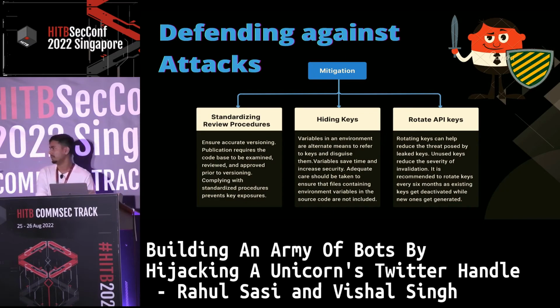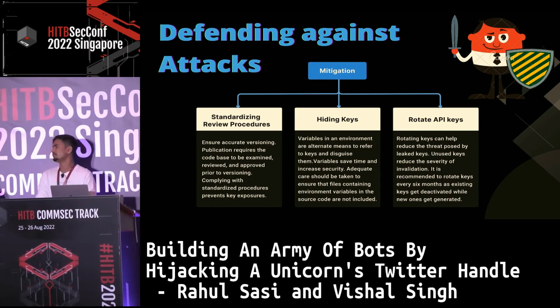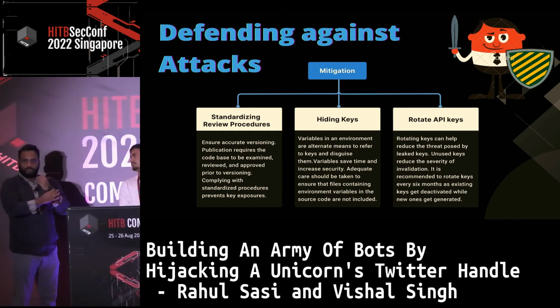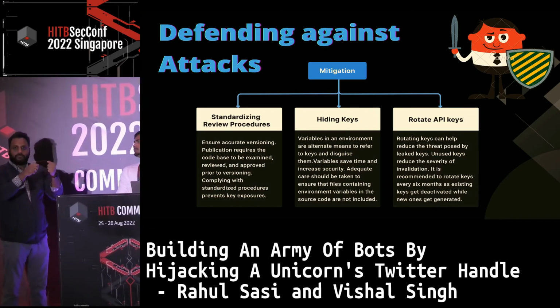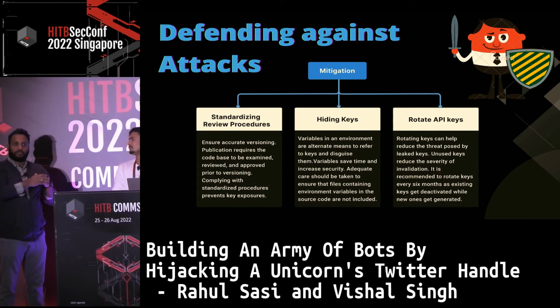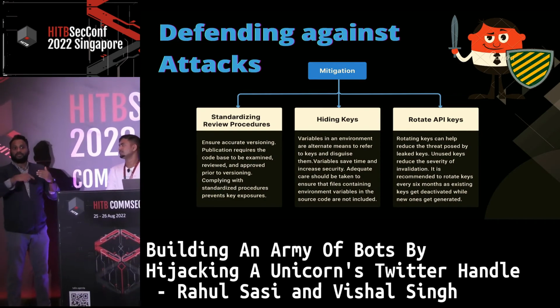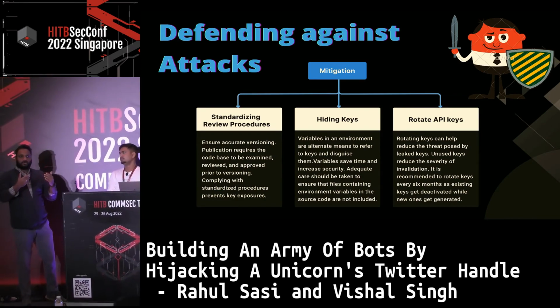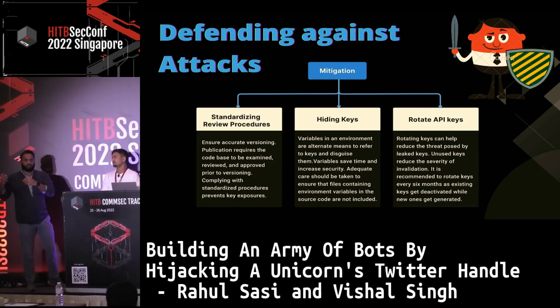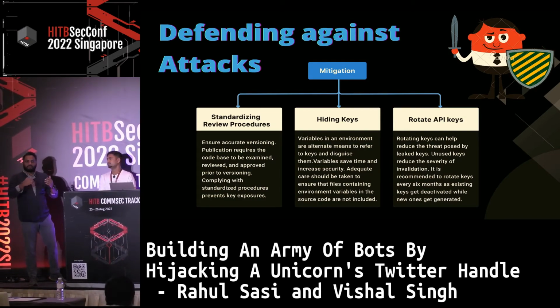One of the things we saw is that, after we reported these keys to these companies, they actually removed the keys from being hard-coded in the app. But they never rotated the key, by the way. The reason they never rotated is that there's other backend code which is using these keys, and if they rotated them, the whole system might collapse.